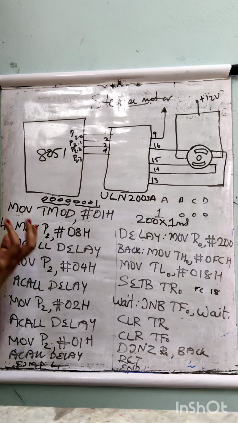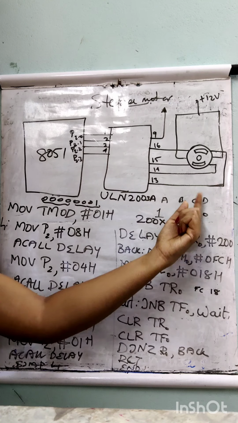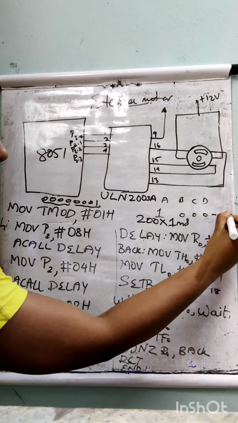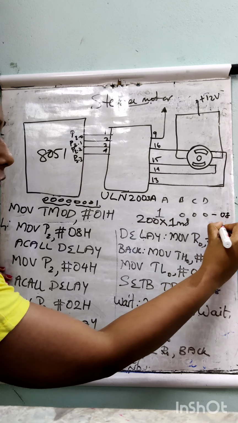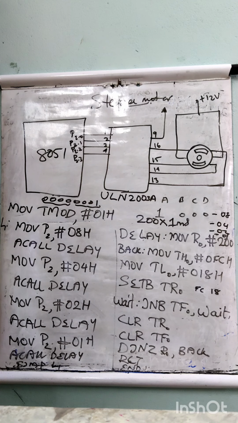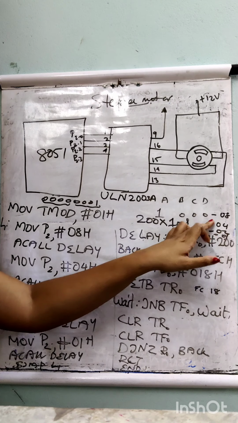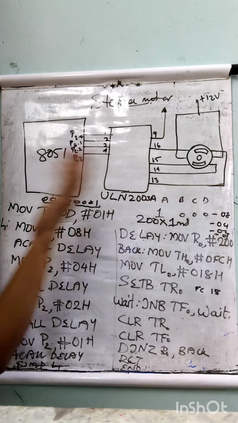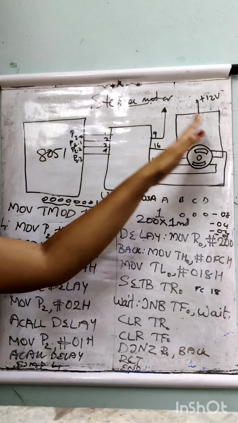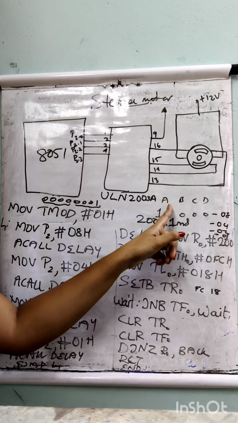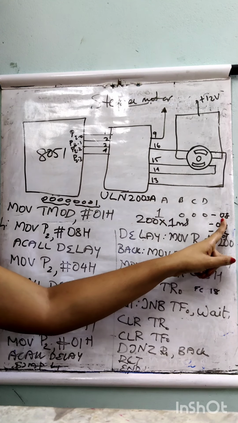Now the values which we got in the ABCD table were 08, then 04, then 02 and 01 for the wave mode. Okay, I hope you remember. So in the wave mode, these are the values which we got. So we have to move these values to the port to energize that particular coil. For energizing A, we need to give 08.